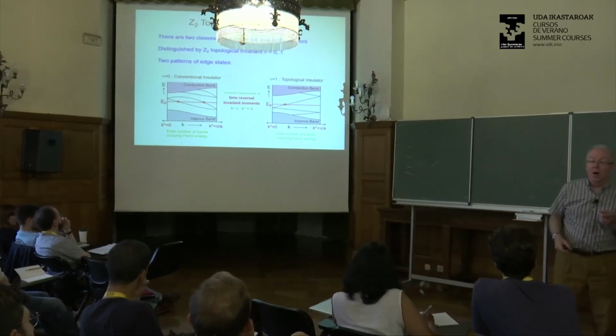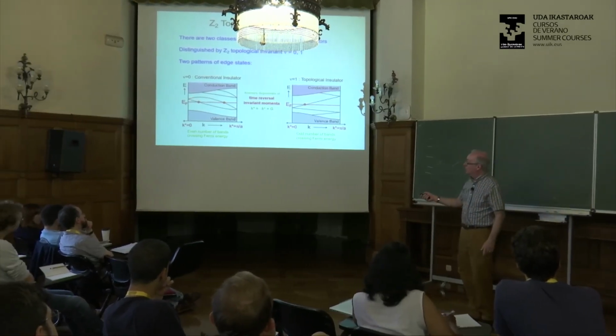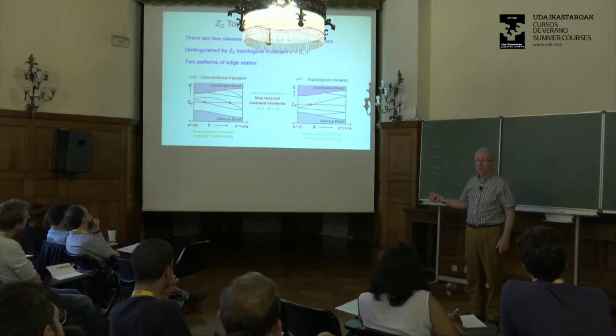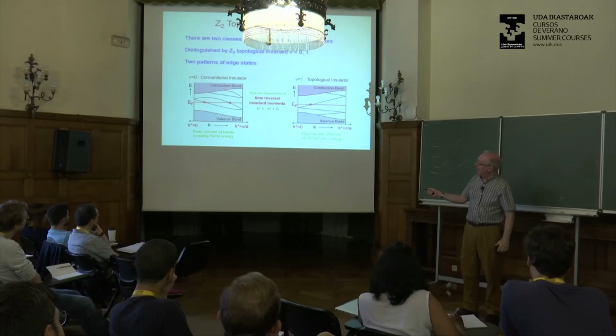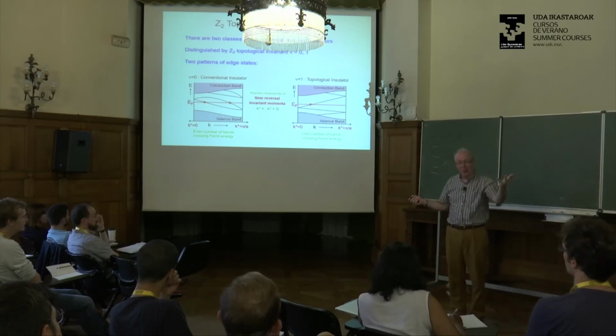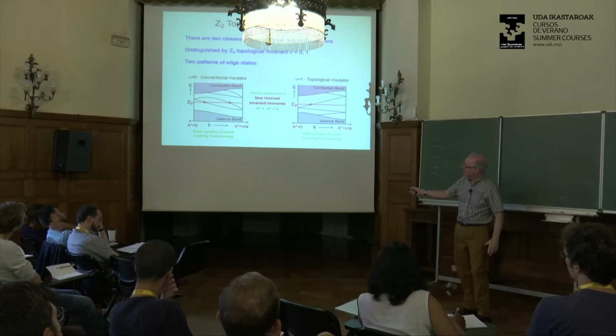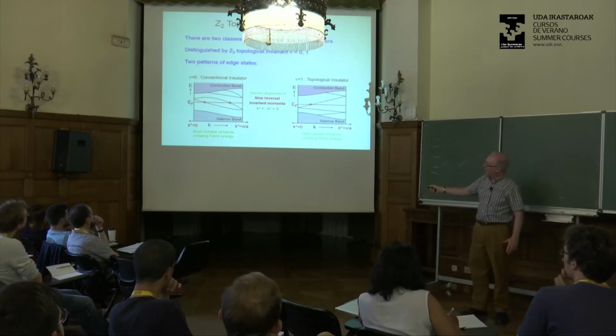So, but the thing that we know is that at k equals 0, Kramer's theorem tells us that those states have to be twofold degenerate. Okay, so a state for the upspins and a state for the downspins. Okay. Now, when we move away from k equals 0, of course, if there's no spin-orbit interaction, then the up and down spin are always degenerate. But if there is a spin-orbit interaction, then the up and down spins can split because this guy's Kramer's partner is going to be at minus k. Okay? And it's going to be like that all the way until we get to the other end.